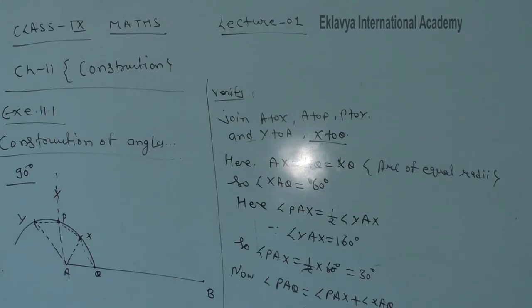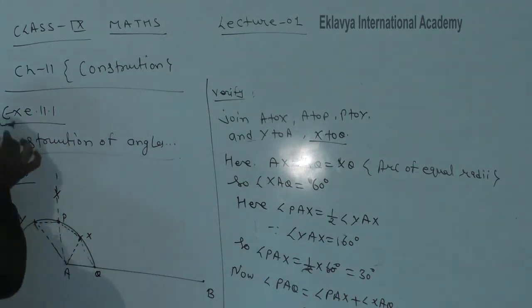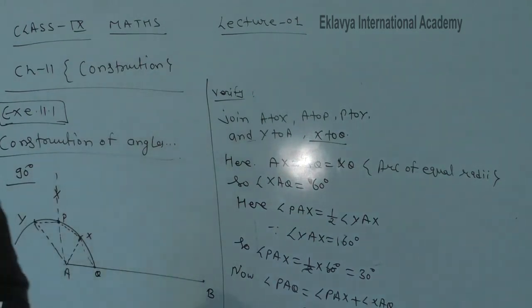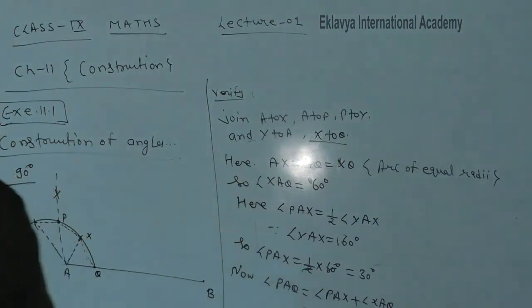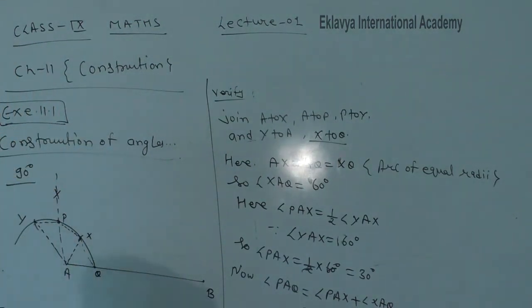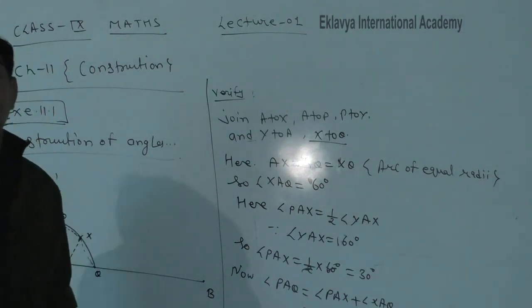So first of all you have to form the 90 degree angle, then after that you will do the verification. Understand students? So in today's lecture we discussed exercise 11.1, how we will do justification of the perpendicular bisector of a given line segment and how we will verify the given angle. After watching that video, all students do exercise 11.1. In 11.1 there is only the construction of angles, nothing else, and verification. Some angles you will form with the help of a protractor and some angles with the help of a compass. Okay, thank you.